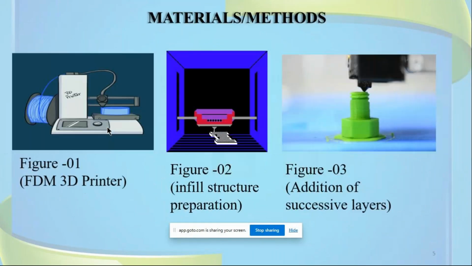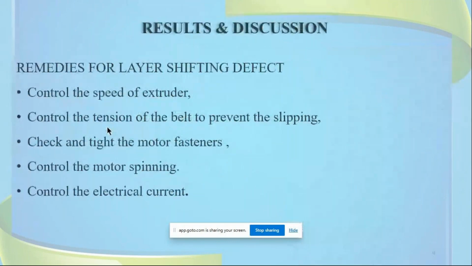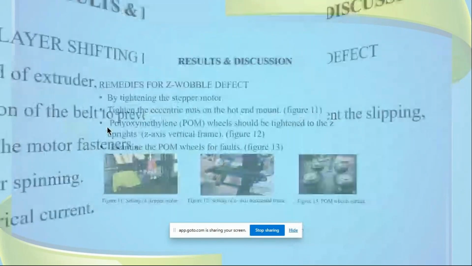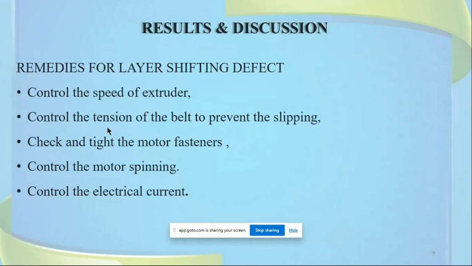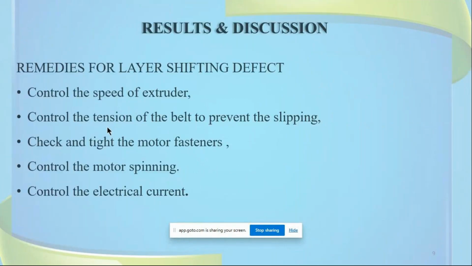This first figure shows the moving of the belt. If the tension of the belt is not high, or not specific for the 3D printing, then we will get the stringing defect or cracking defect. And specifically here,